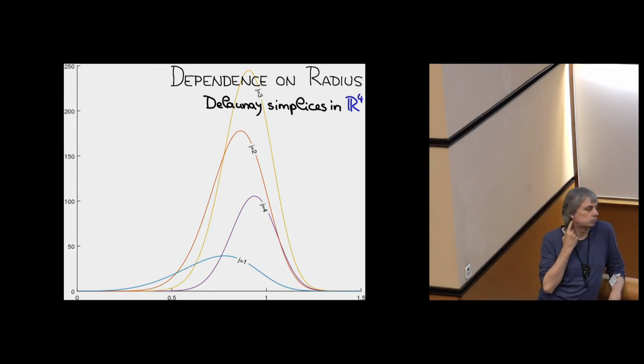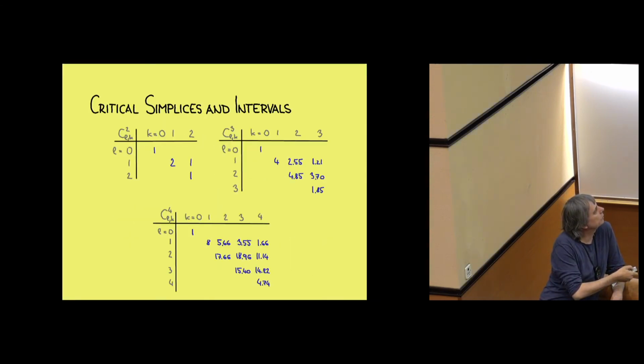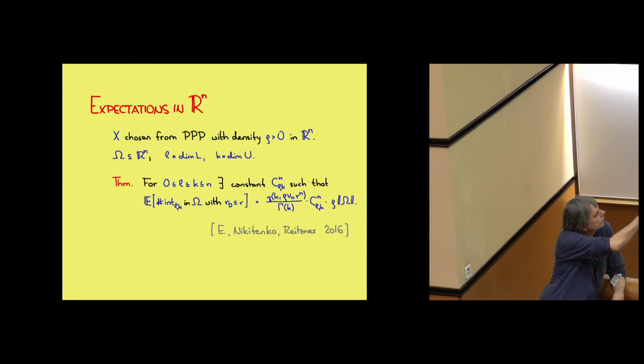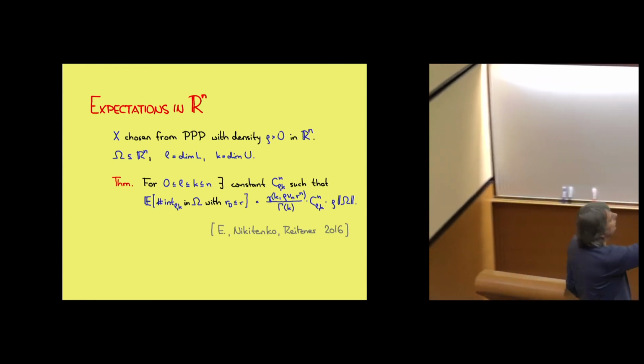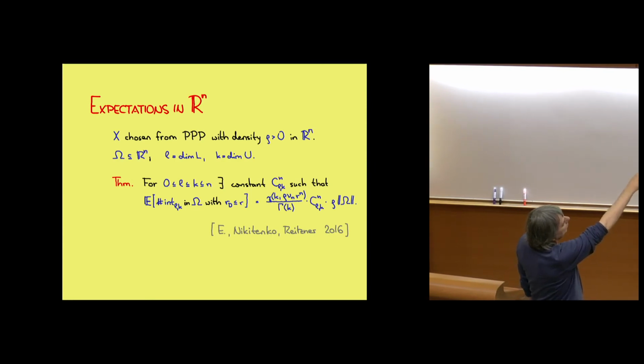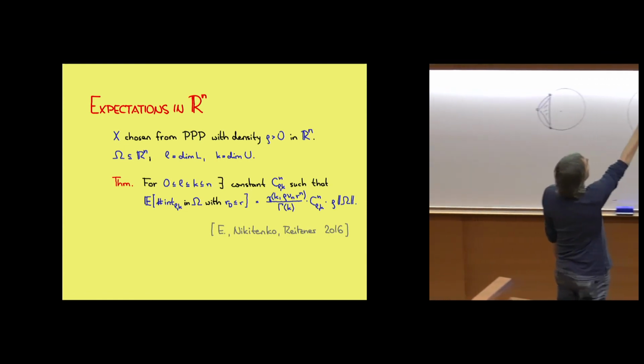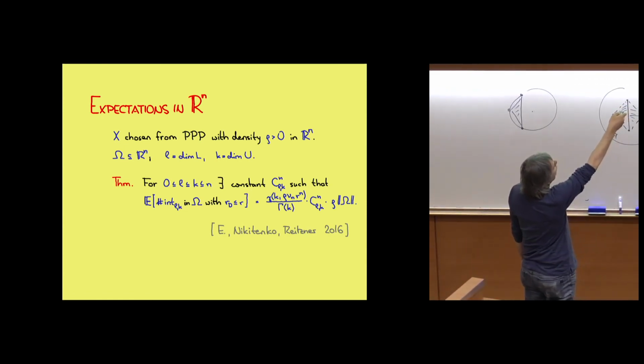Your radius is compared to rho, or? Yes. I would have to go back to the formula. Let's see, where is it? So you see this ratio of gamma functions. The radius is r. The rho is the density. Where is it? I'm colorblind, so I don't see this point sometimes. For example, now. Okay, so rho, nu_n is the volume of the n-dimensional unit ball. R to the n, that's the radius. And this is the incomplete gamma function. Right, incomplete gamma function. And you divide it by the complete gamma function.